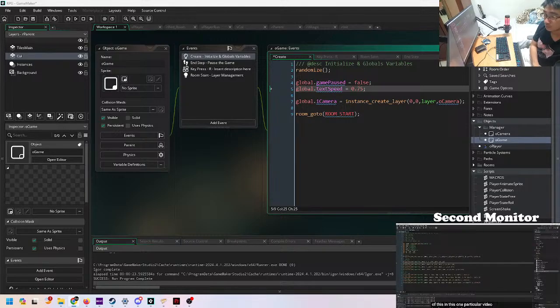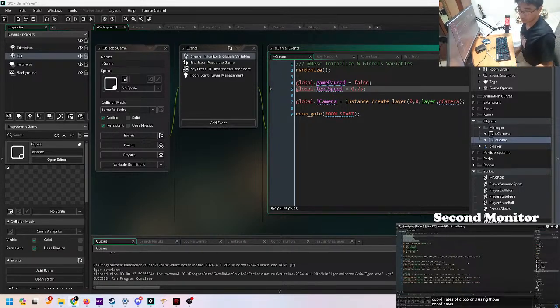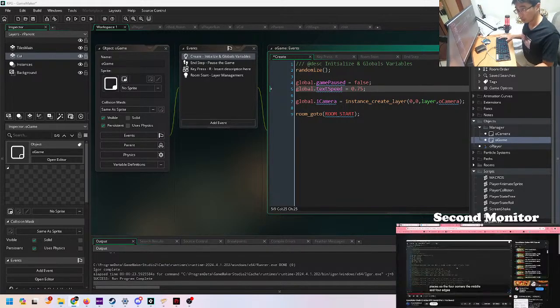In short, what it does is you can see it takes a bunch of arguments in whenever we call the script, for the coordinates of a box. And using those coordinates, it takes an image that you provide it and chops it up into 9 pieces. So the 4 corners, the middle, and 4 edges that will